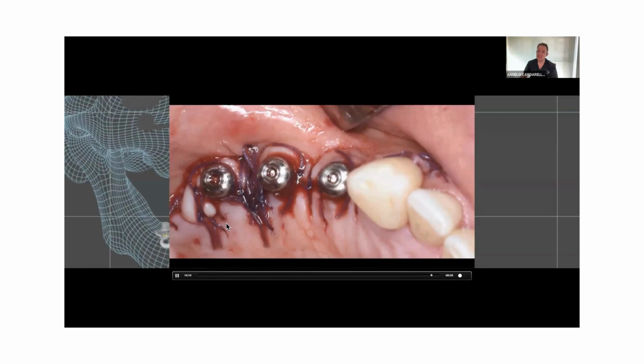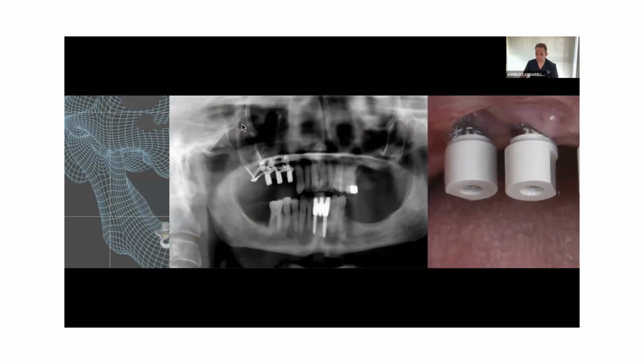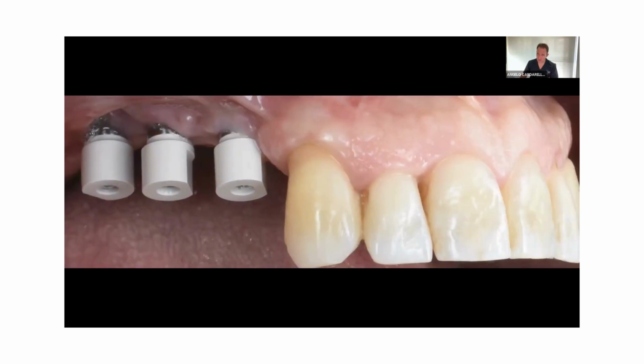Resorbable suture, and these are the final sutures. Here you can see that I want to be sure we have enough connective and keratinized tissue. This is the post-op OPG, okay? In that case, I didn't do immediate loading, so we just wait